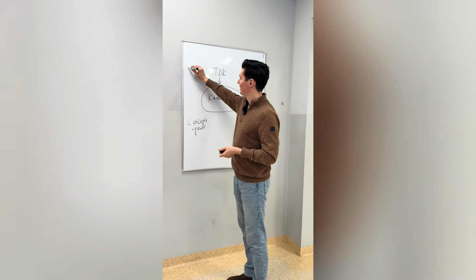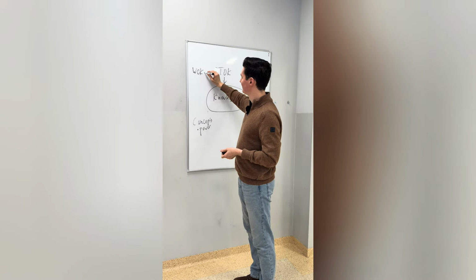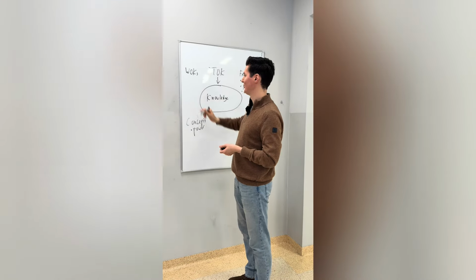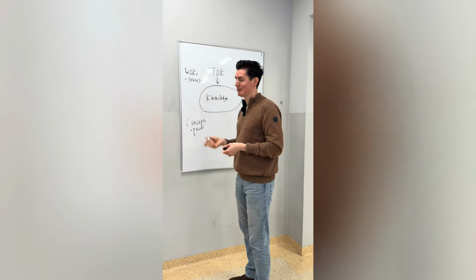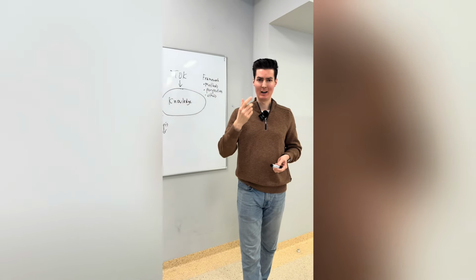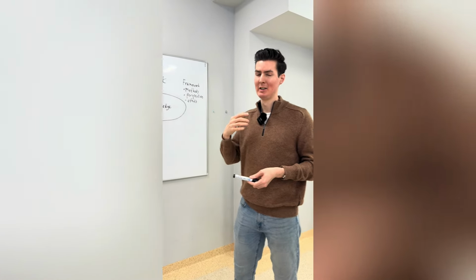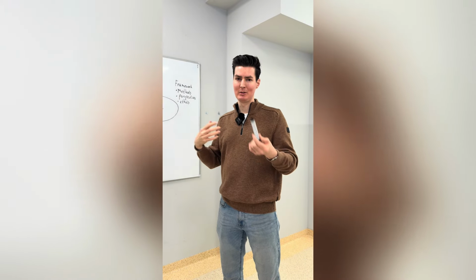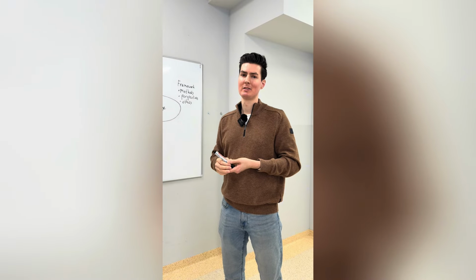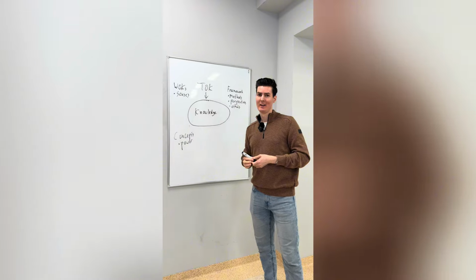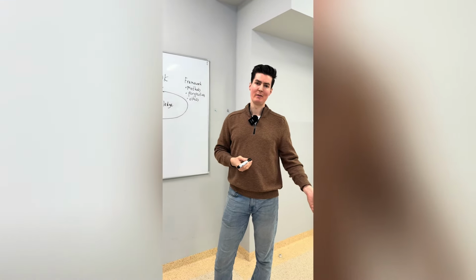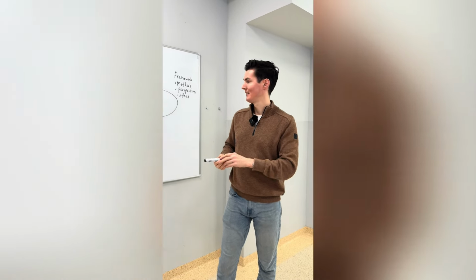Another really interesting one is the WOK. WOK stands for way of knowing. For example, an easy one is senses. We can know things by using our eyes, by listening, by smelling. Those are ways we can know, but also our senses can trick us. So we have to be careful when using our senses. They are not perfect. For one person, something feels heavy, while the other person thinks it's light.